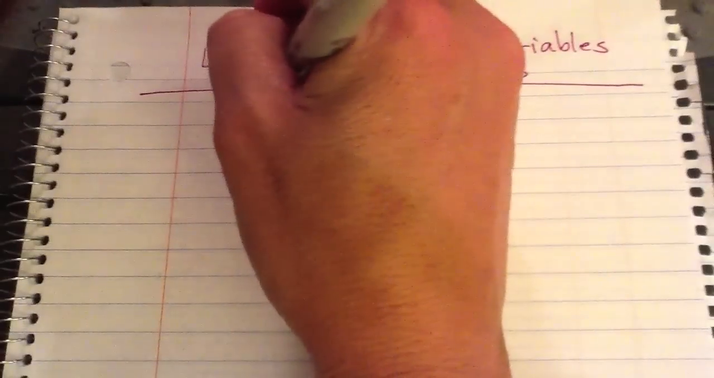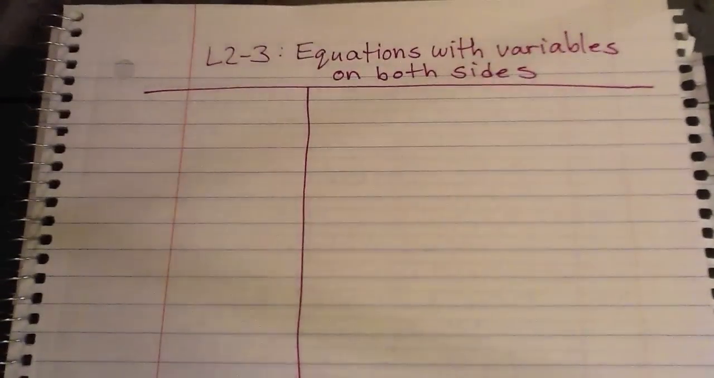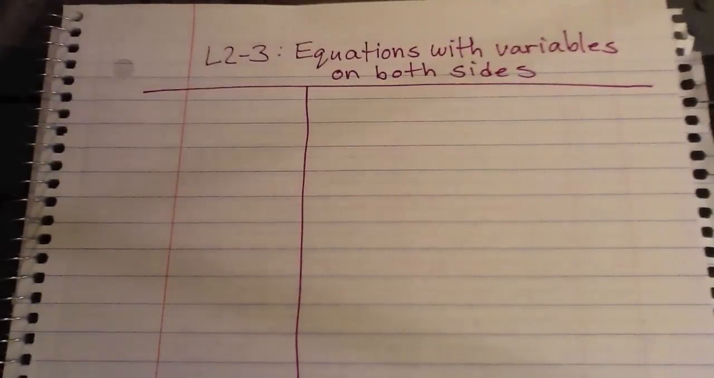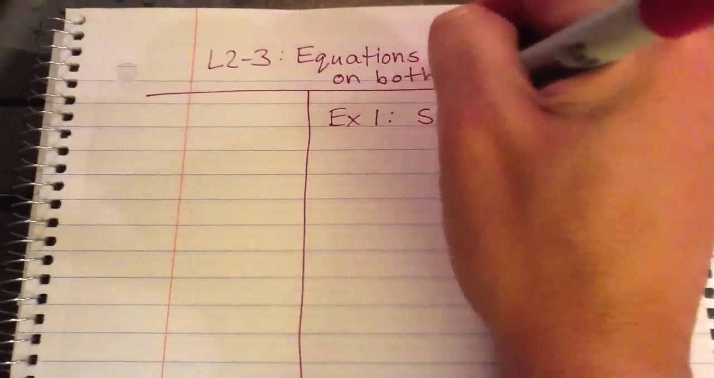So, the main thing that you need to think about is that you're going to use the same exact rules that you've already been using, but you need to make sure that you get the variable to one side of the equation, and you're going to do that using the inverse operations that you've been using. So I'm just going to go ahead and start with the example, and then we'll go write stuff on the left. Example 1 says to solve